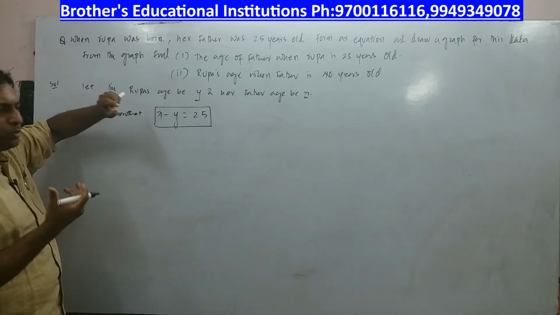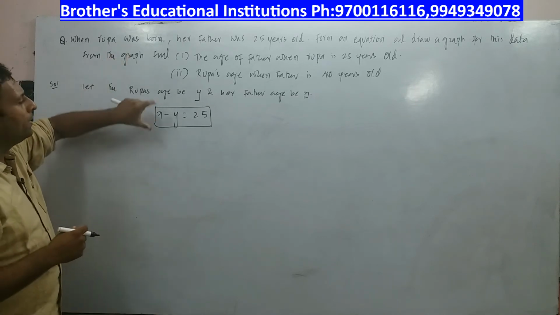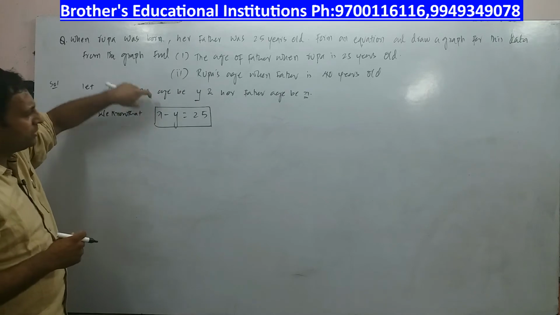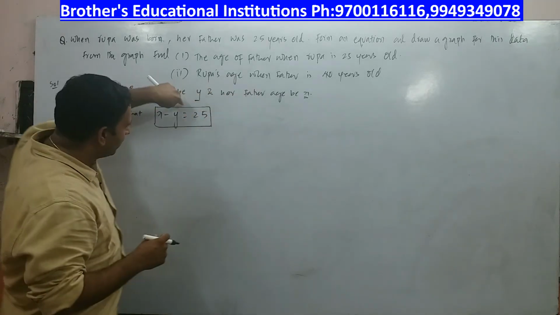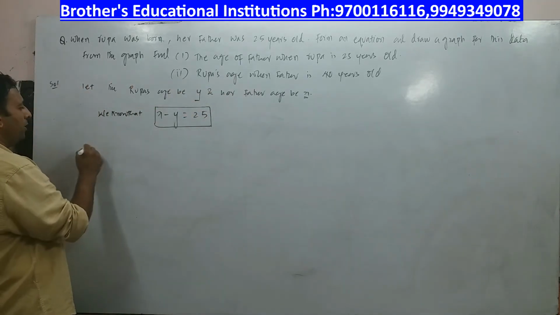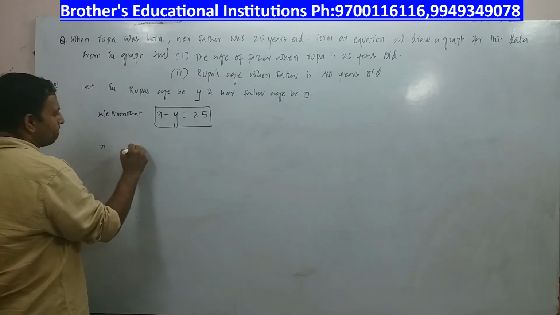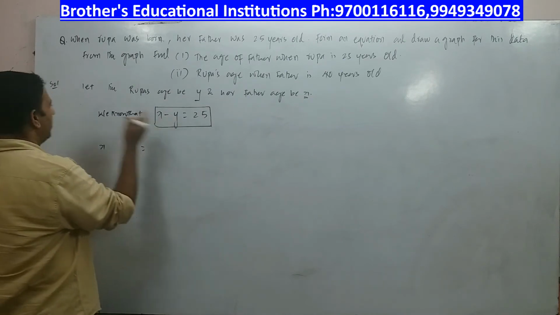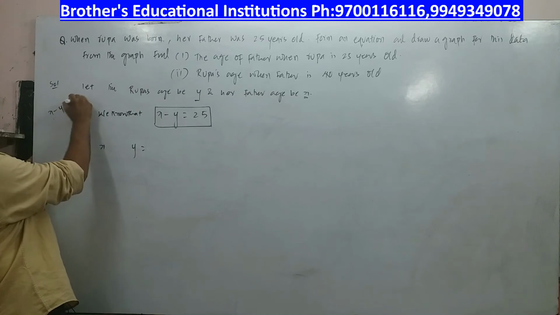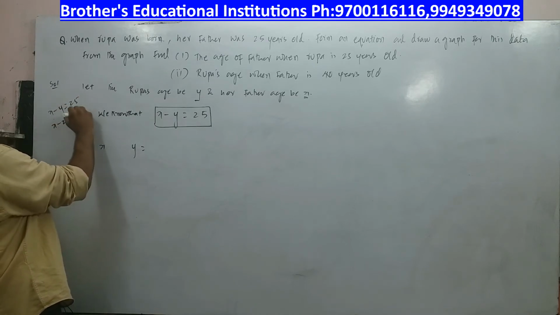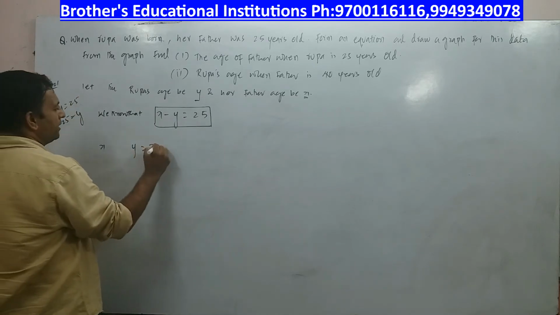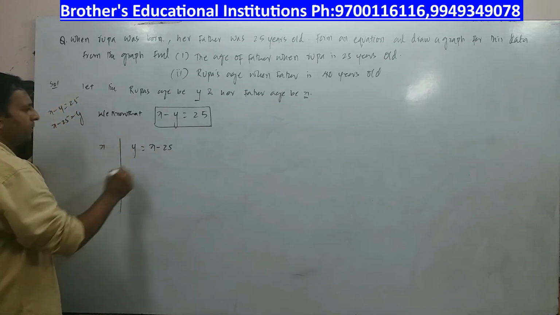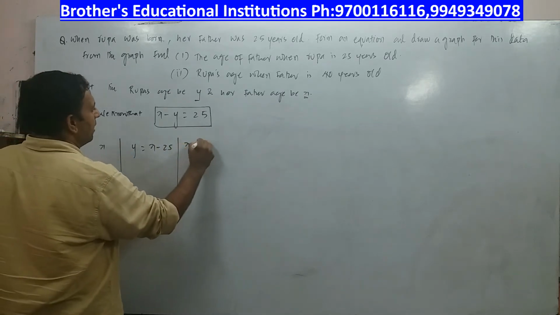The problems won't be so simple. In the next problem we'll try to see. Now here as of now, the linear relationship is the difference of two ages is 25. Now for this we have to draw the graph. How am I going to draw? I'll take x value, y value, you can write in the rough work, x minus y is equal to 25. So x minus 25 is equal to y. So y is equal to x minus 25, isn't it so? So now we have x comma y.